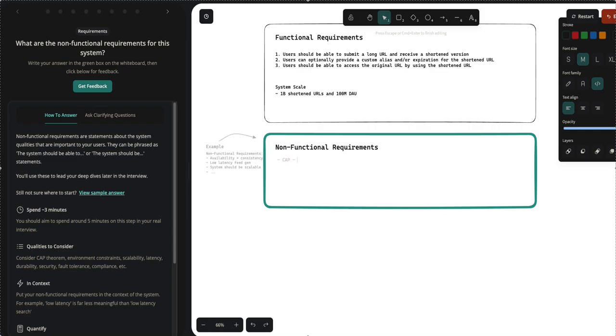I would say we can afford to lose a little bit of consistency. So let's say if the user request hits the server or database which was not updated yet, usually for that kind of system like Bitly it would be okay. And for that kind of system we would actually prefer high availability, and for the system to be eventually consistent. So I would say the system should be highly available. Certain parts of the system can still be highly consistent, but in general,